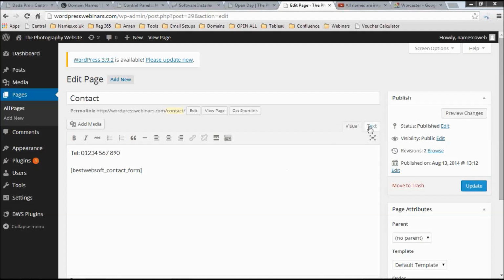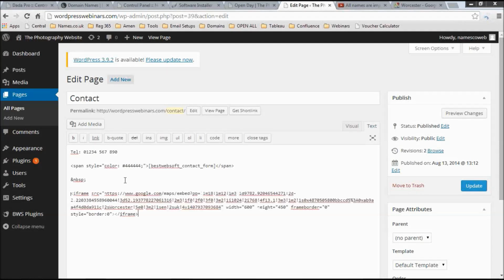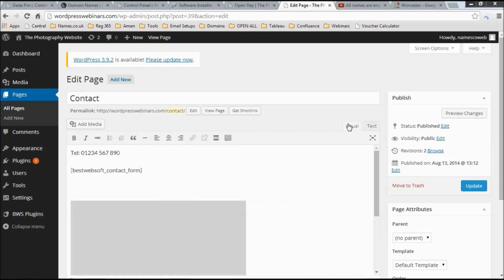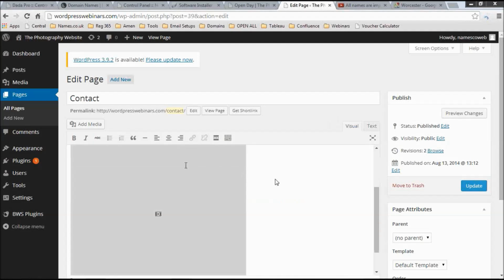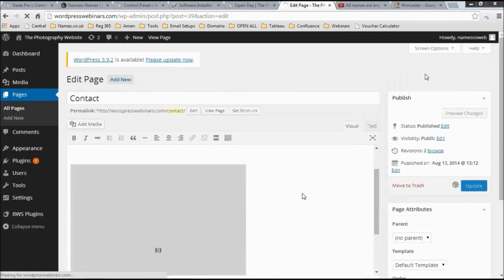There's another view on all the editor screens called a text view. If you click on text and maybe do a couple of carriage returns and then paste in that iframe bit of code, you come back to the visual view and you can see that WordPress can tell that you're effectively trying to display something in the editor there. And if we click on update on the right hand side here,